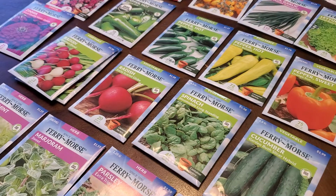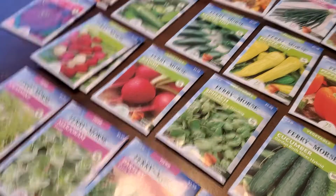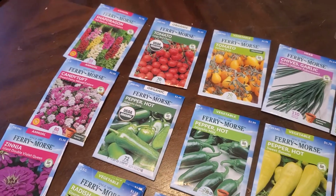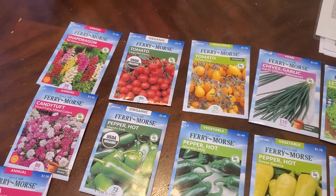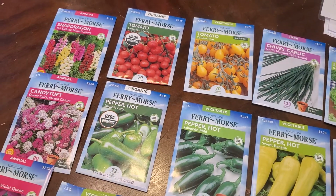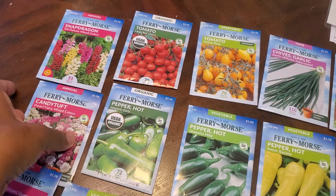I thought it was interesting too because I remember in past years that Lowe's didn't really let you order seeds online. And now it seems like they are allowing you to do so. So I just wanted to share with y'all before I catalog these away that I've ordered a bunch